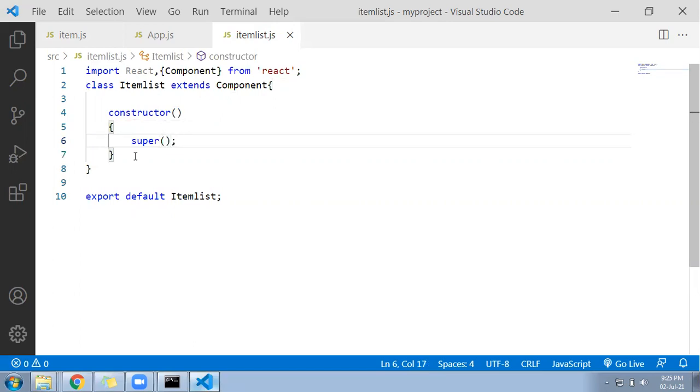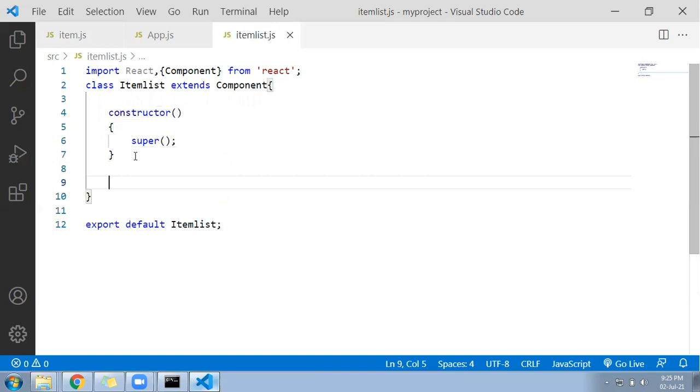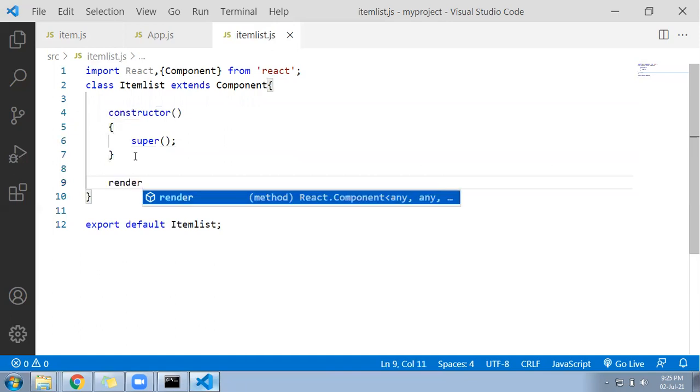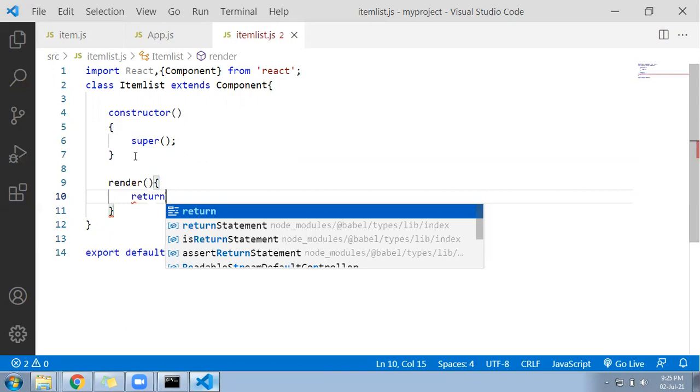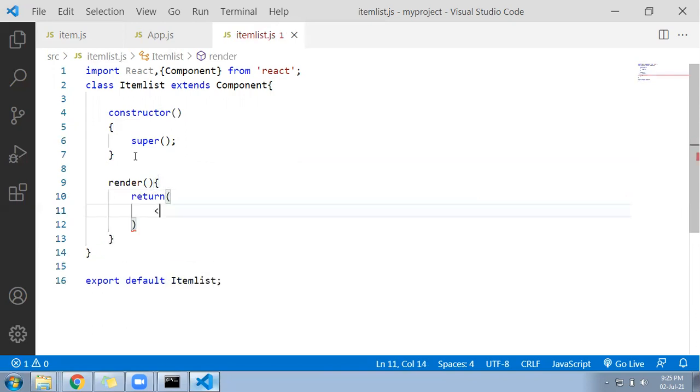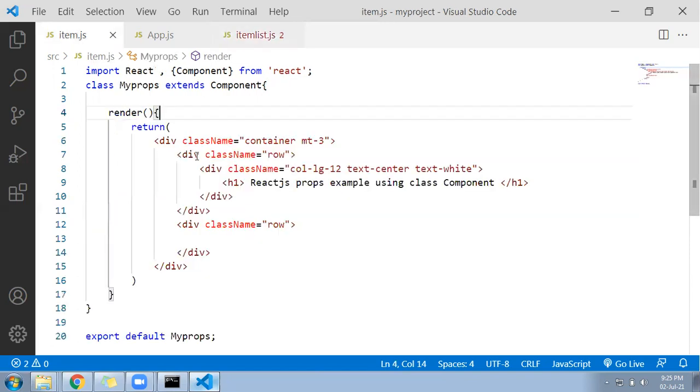Now let me go ahead and write the render function. This render function is going to return, since I told you I'm following Bootstrap here, so inside I have opened the row.